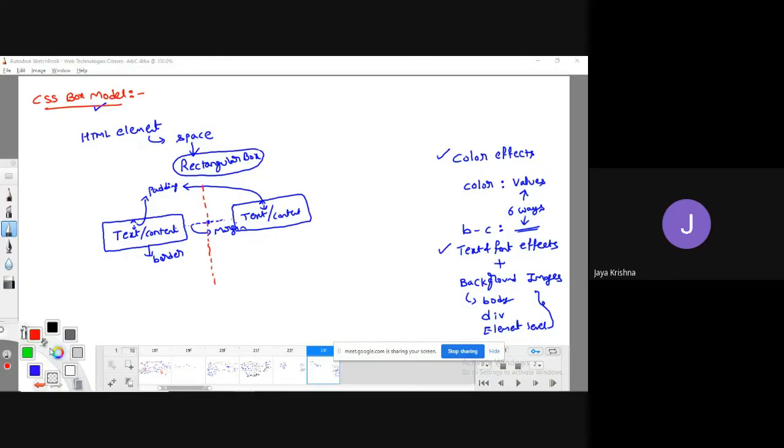If I would like to represent this in the form of a diagram, first we'll have a text, followed by the padding of the text, followed by a border, followed by the margin. Observe, in this form it will look like a box model.